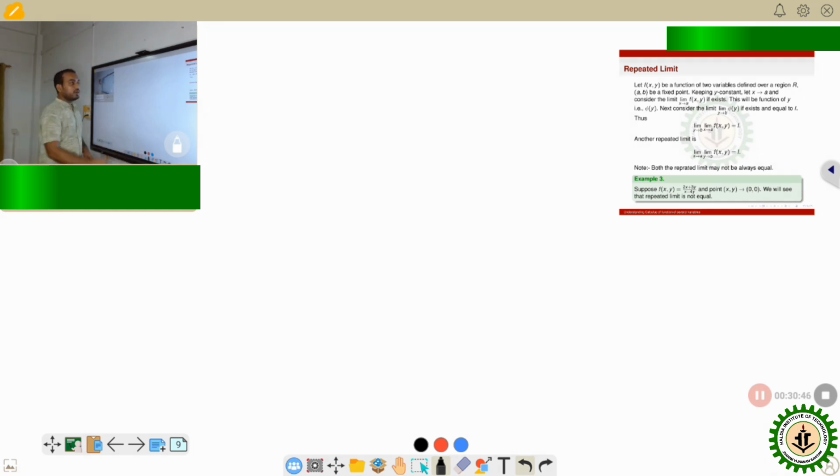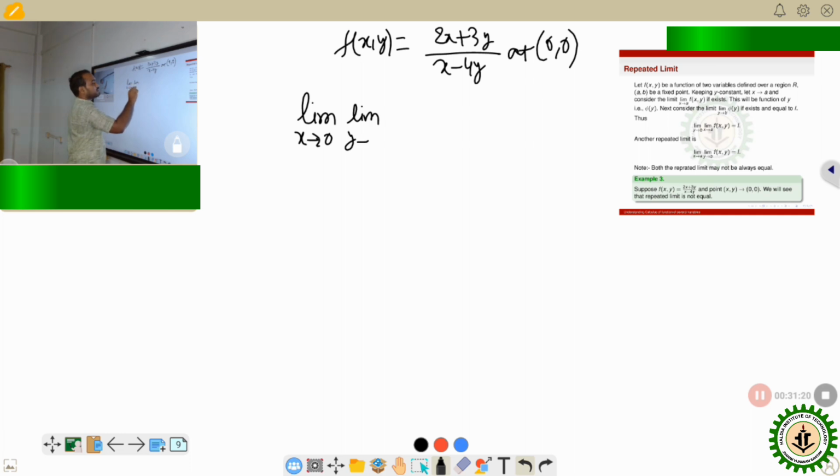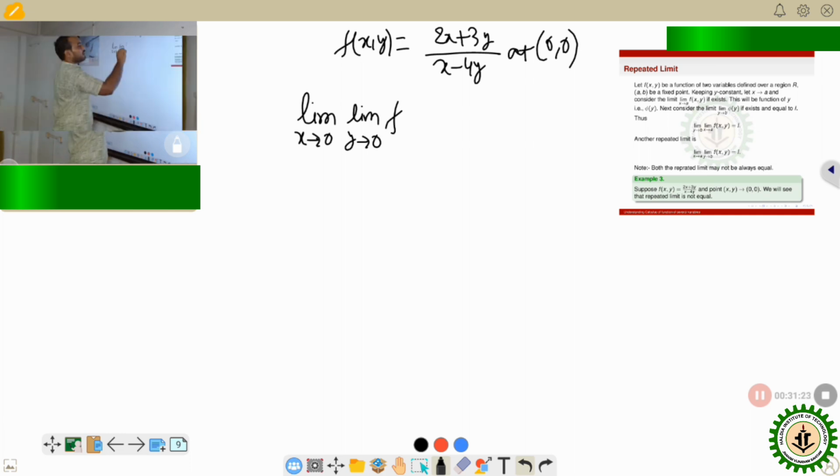So first we can try to calculate the repeated limit. Since the function is f of x,y is 2x plus 3y divided by x minus 4y, and we are trying to calculate the repeated limit of this function at 0, 0. Okay, so for that we have to calculate limit x tending to 0, limit y tending to 0, and this f of x,y